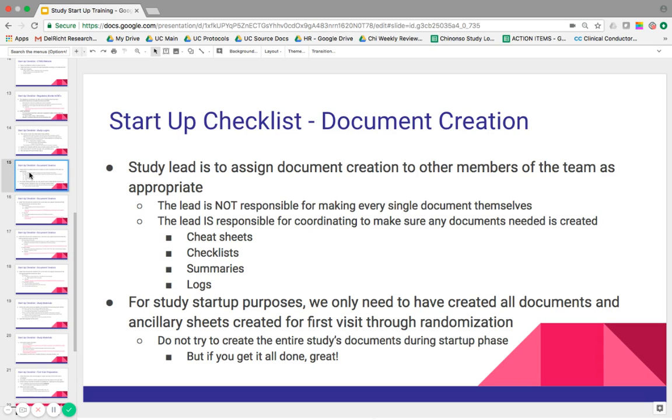So again, you're going to work with your site manager to decide who should do what parts of this and what the due dates should be. That may include cheat sheets, checklists, summaries, and logs that are not visit 1 source document, visit 3 source document. And for study startup purposes, we only need to have created all documents and ancillary sheets for the first